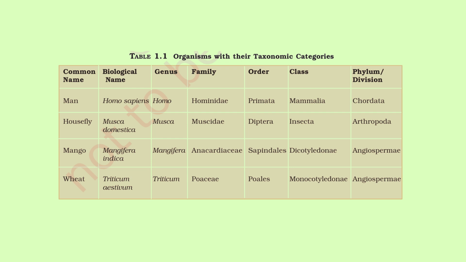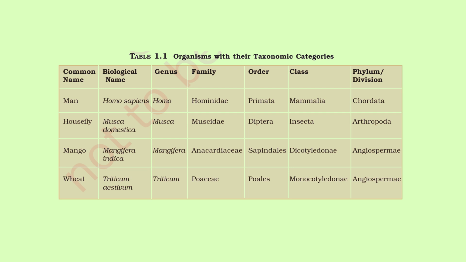Common name man. Biological name Homo sapiens. Genus Homo. Family Hominidae. Order Primata. Class Mammalia. Phylum Chordata. Common name housefly. Biological name Musca domestica. Genus Musca. Family Muscidae. Order Diptera. Class Insecta. Phylum Arthropoda. Common name mango. Biological name Mangifera indica. Genus Mangifera. Family